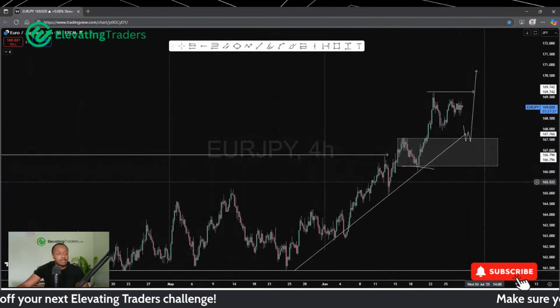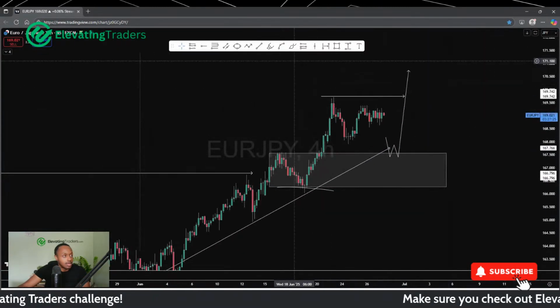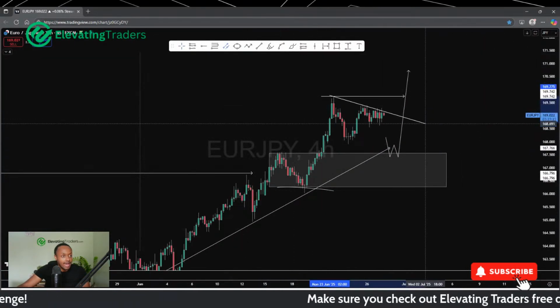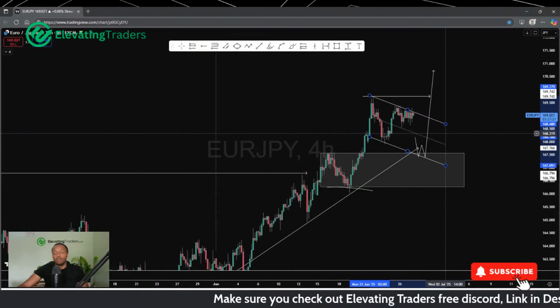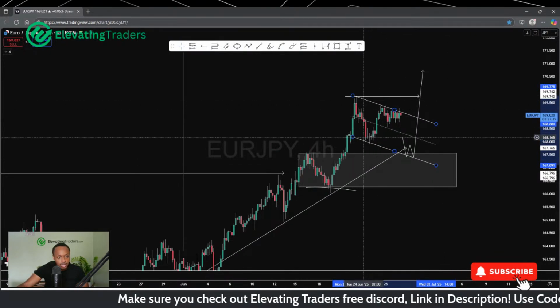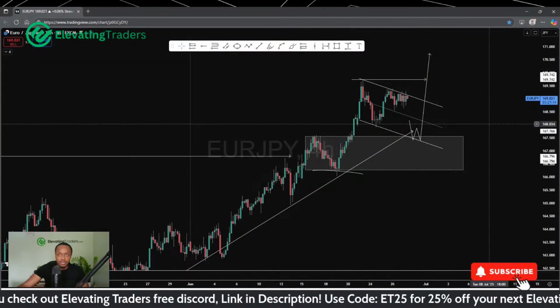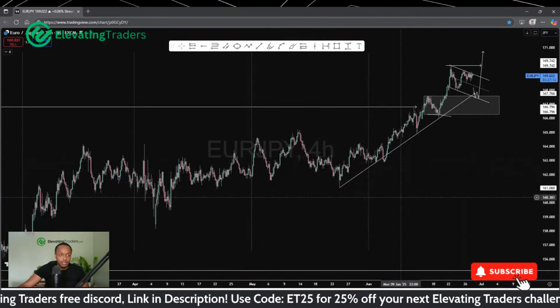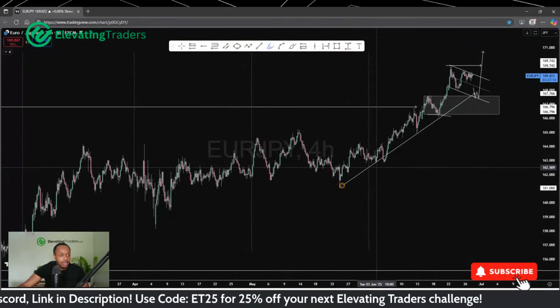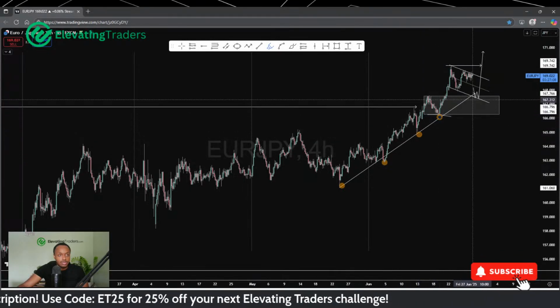But yeah, the way I see euro yen is that we are still looking pretty bullish for now. I'm looking at this as somewhat of a bull flag pattern. There's your first swing. Hopefully we can find the second, retest this range here, and hopefully find some buying opportunities off the back of that, and just try and catch the next high low in this sequence.